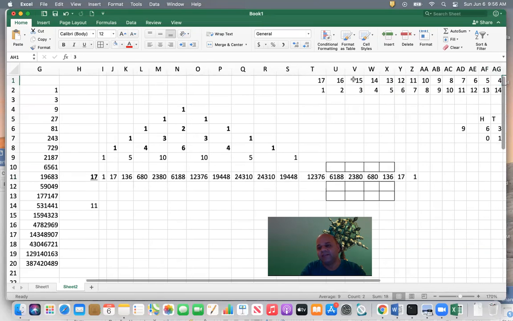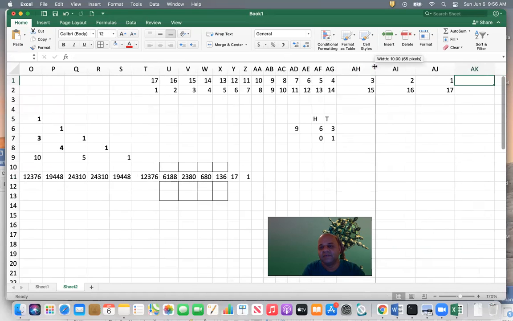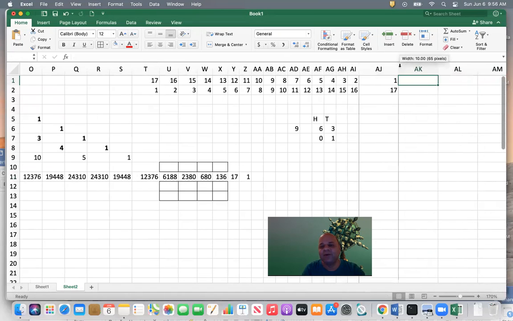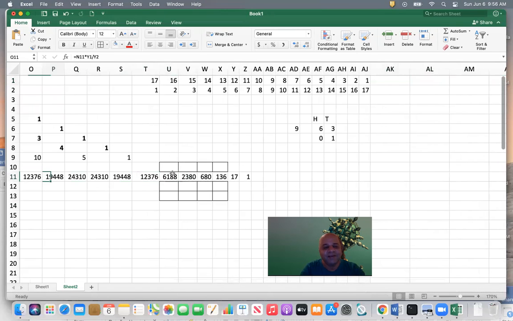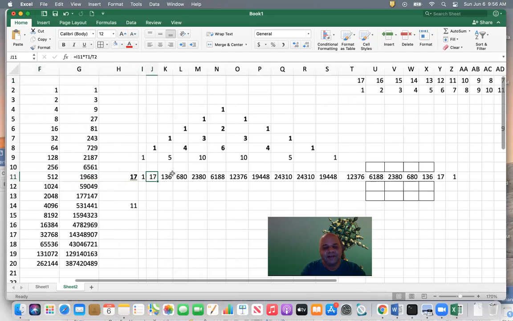Sir, can you tell me what the formula is in Excel? Oh, the formula in Excel is very, very simple. Previous number. So if you look at it here, what is the formula? I11 into T1 by T2. T1 by T2 is this ratio, and I11 is the previous number. For the next one, it becomes J11. So the previous number is J11, which is 17, into U1 by U2. These ratios are in T1 by T2, U1 by U2, V1 by V2.